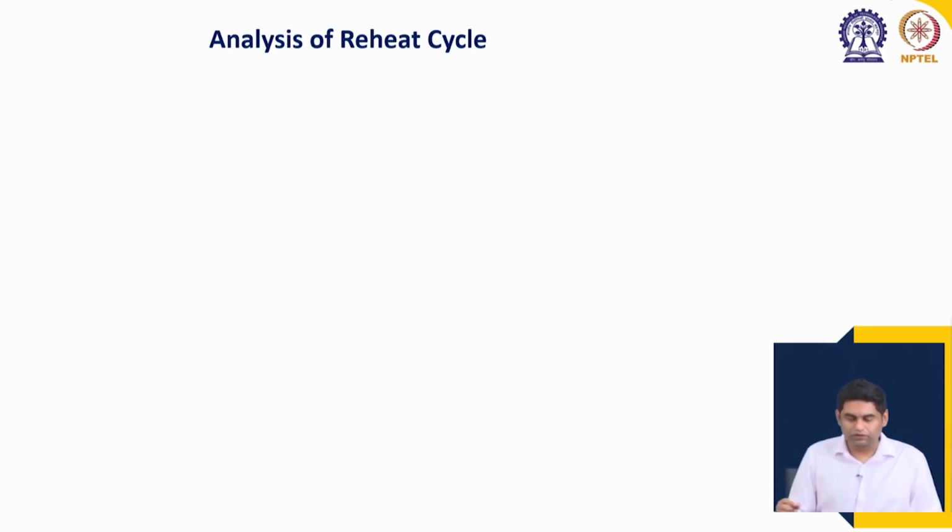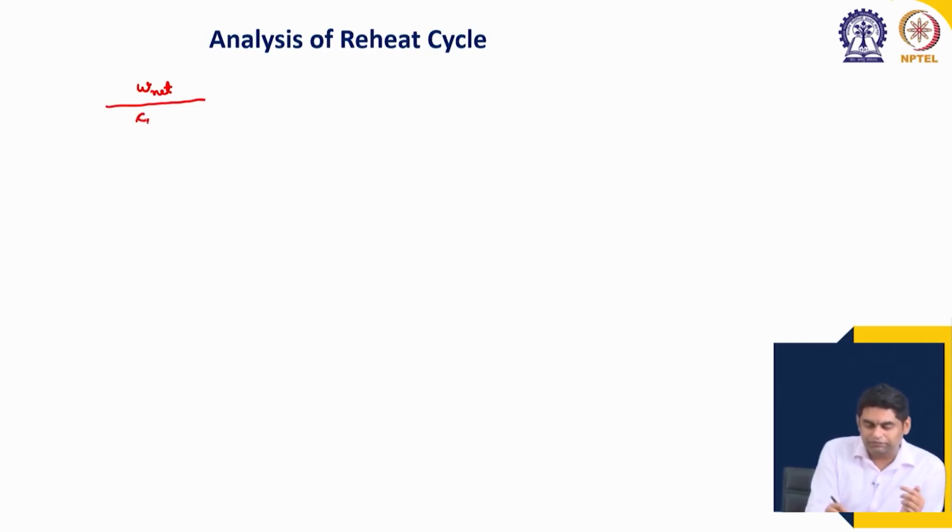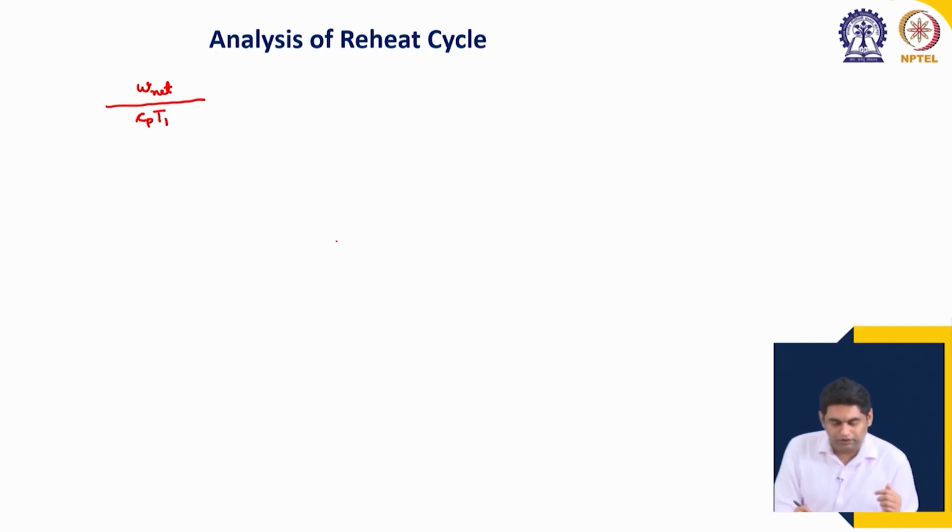Let us continue this in the next slide. So, the net non-dimensional net, remember the full term, non-dimensional net specific work output. Why non-dimensional? Because we are non-dimensionalizing using CPT1. Net because we are subtracting the compressor work input, and specific because this is per unit mass flow rate. Okay. So, this is equal to